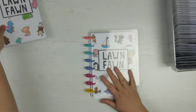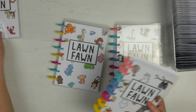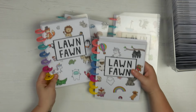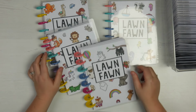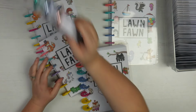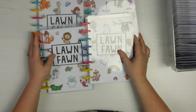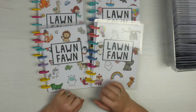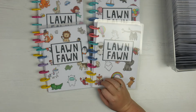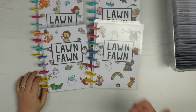Like I said, I want to finish it off for the rest of this, but I also want to do it for all of my other stamps and dies, and that's where perhaps I might need to go to an A4. I think that's okay. I like cataloguing. I like organising. I'm one of these weird people that enjoys it. If you don't, I completely get that. If you don't have as much Lawn Fawn as me, you probably don't need a system like this, but when you do have so much, and it's about trying to keep using them,